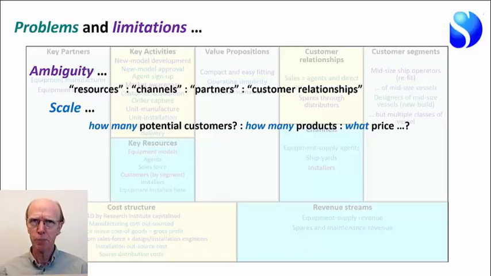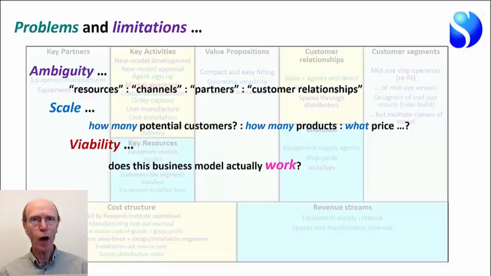And the real big issue is we've got no idea whether this business model that we're describing in qualitative descriptive terms actually works. We can list all the things we like and persuade ourselves that it will work, but we've got no way of actually proving that this is a viable business model that is capable of surviving and performing and delivering results. And that means that we can't test anything.